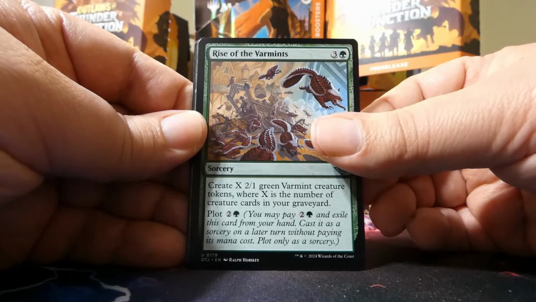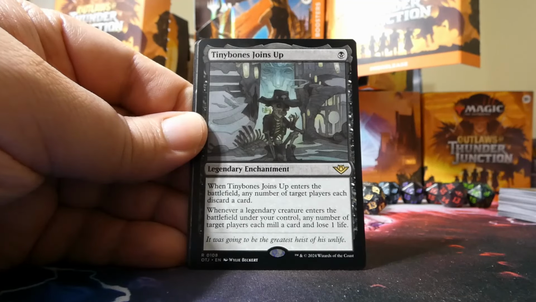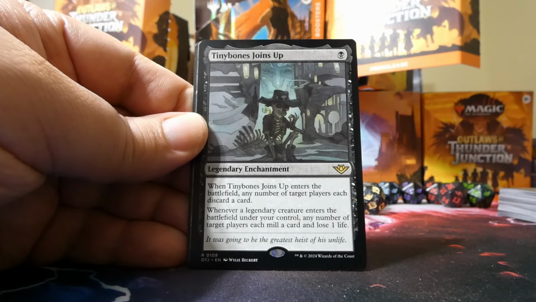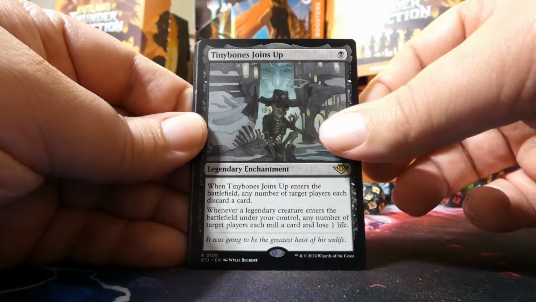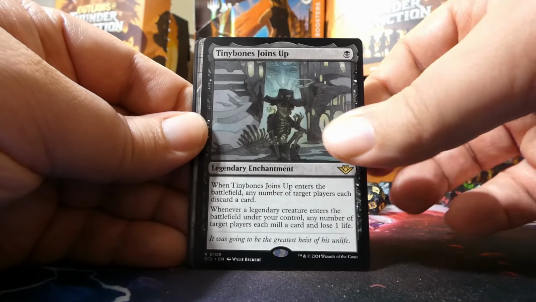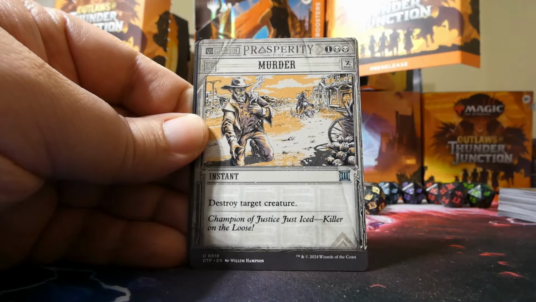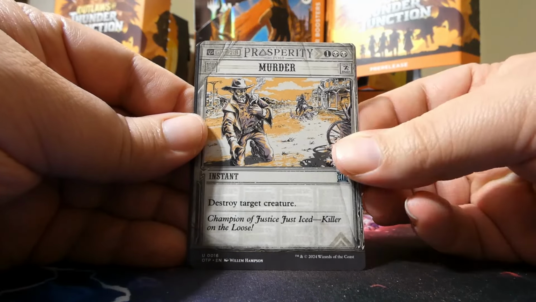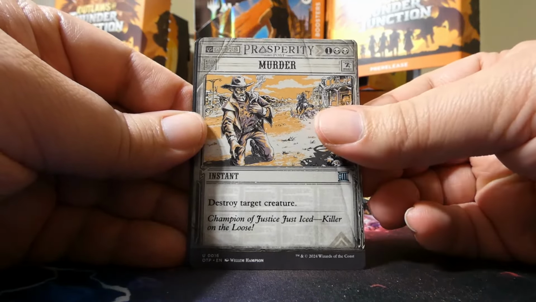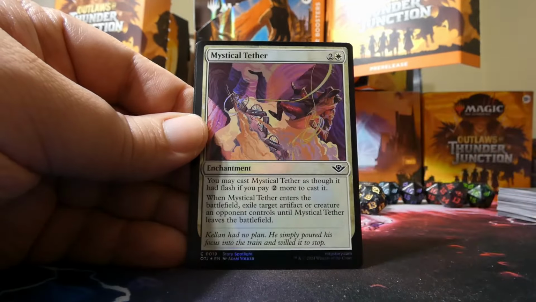But it means our rare or mythic is Tiny Bones Joins Up. In general, I don't love a lot of these Joins Up cards, but obviously, for what we're doing, I haven't really been looking at black too heavily, although some decent removal. Which means our breaking news card is Murder. I literally just said we weren't looking at black, but it has good removal, and here's a good black removal spell in Murder, which means our foil is...